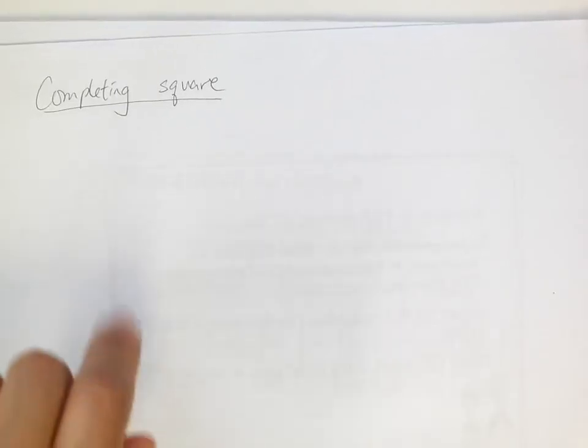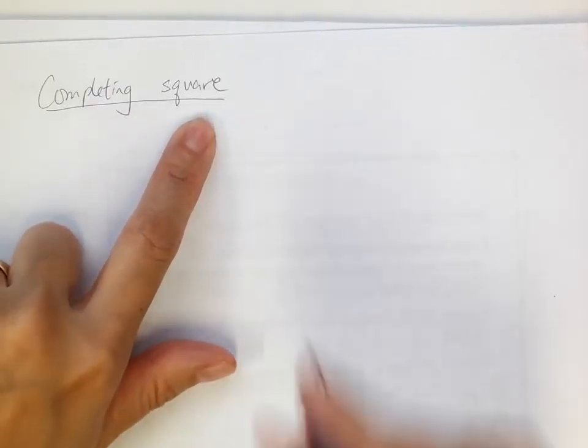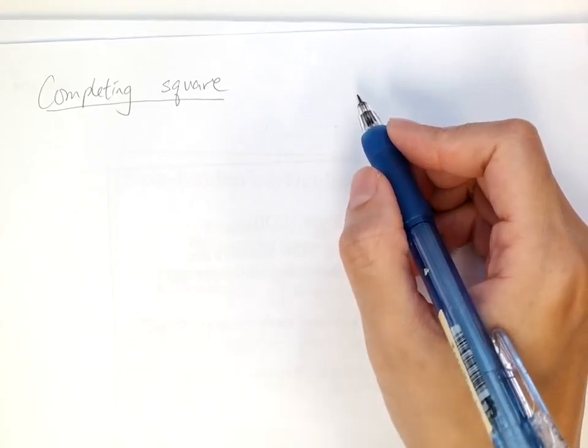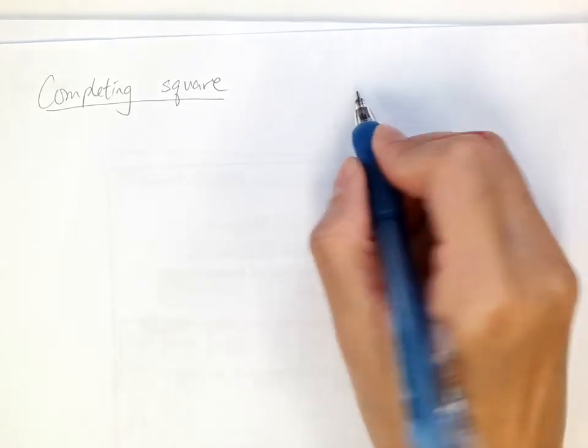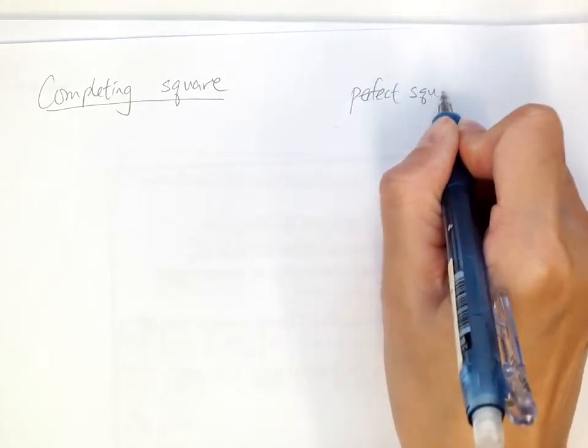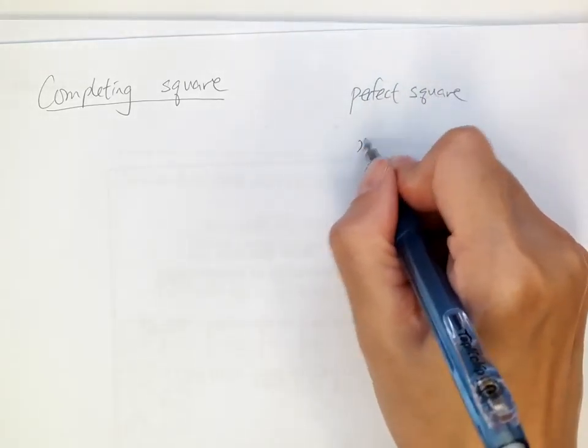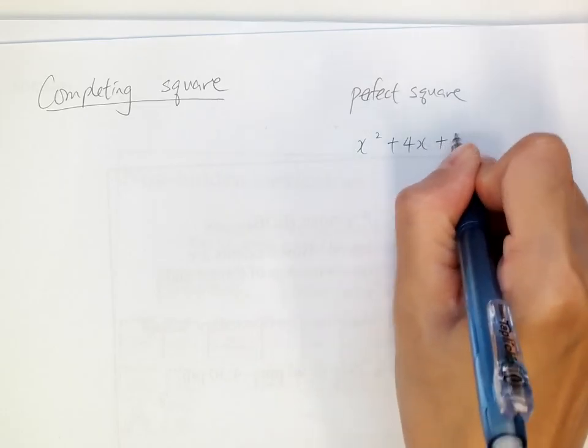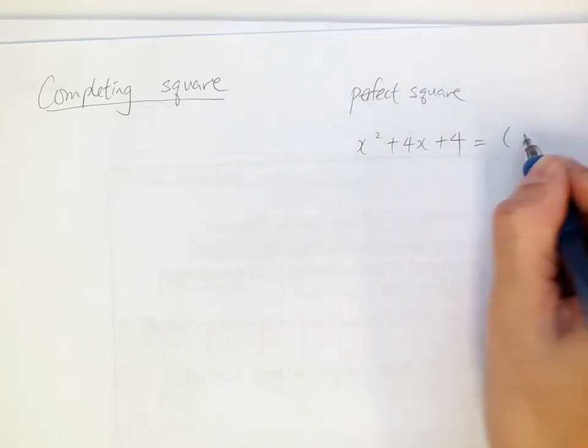Okay, I want to complete the square with you today. Before we do any completing the square, I want to remind you of the meaning of a perfect square. A perfect square is something like x squared plus 4x plus 4, which can be factorized into (x plus 2) all